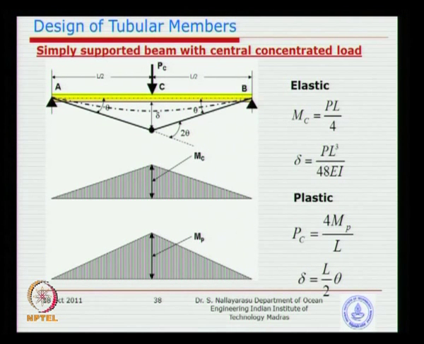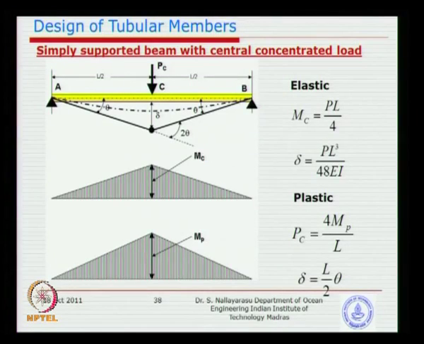That means the load at which such a state of stress, the uniform stress, is reached along the section for a reasonable distance from the center. The beam is not going to collapse when only one point on the top surface becomes yielded. You need the full depth to be yielded, and also a little bit of distance from the center. That means a reasonable length along the member axis needs to be yielded. That point is called the collapse state. The beam will not be able to sustain any further load, because this end and the other end are both simply supported and have no moment capacity. The beam is unable to stand and it will start rotating.